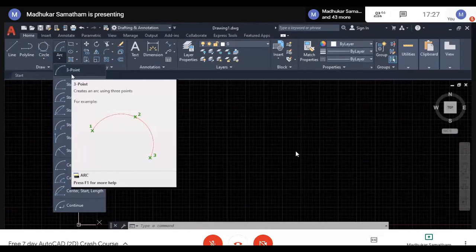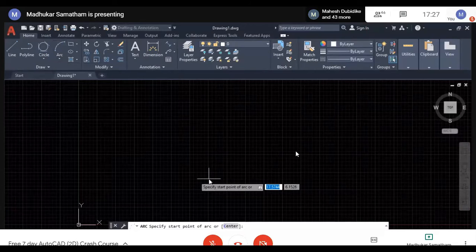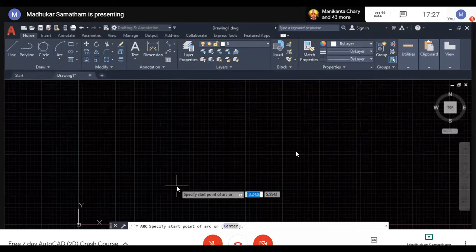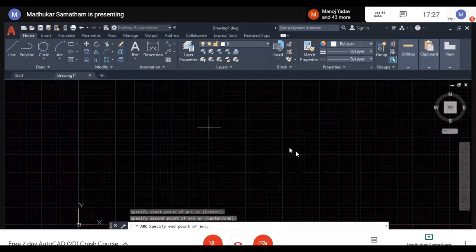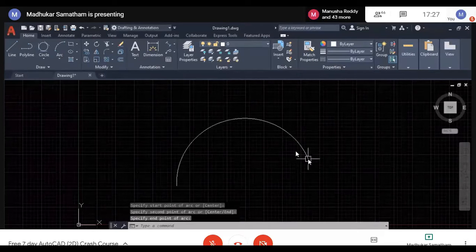When you have to generate an arc by using any 3 points, simply you can specify those 3 points, enter.